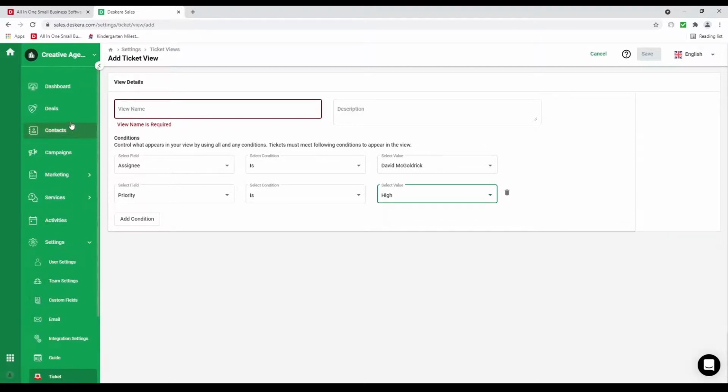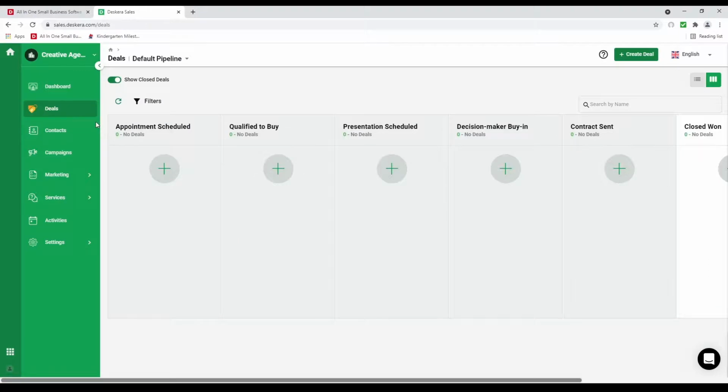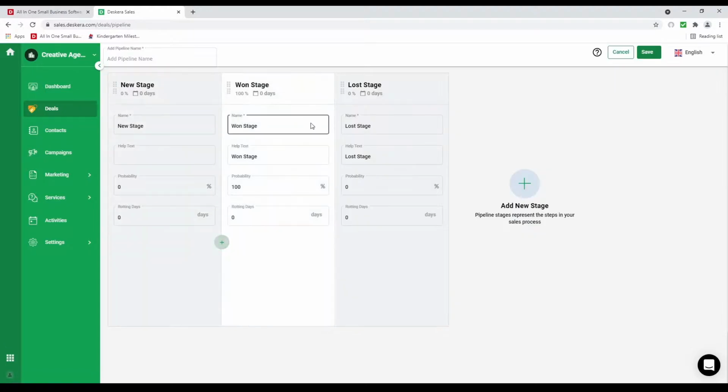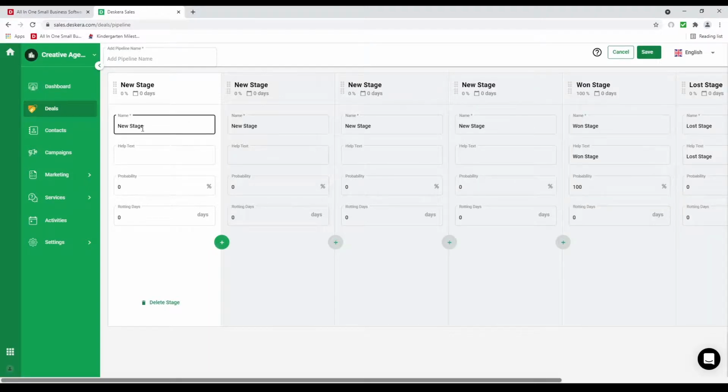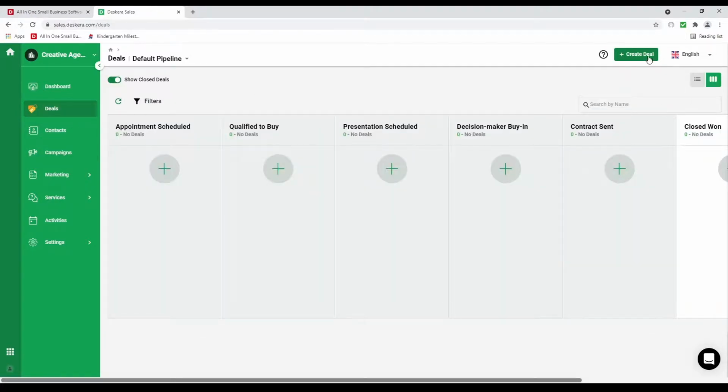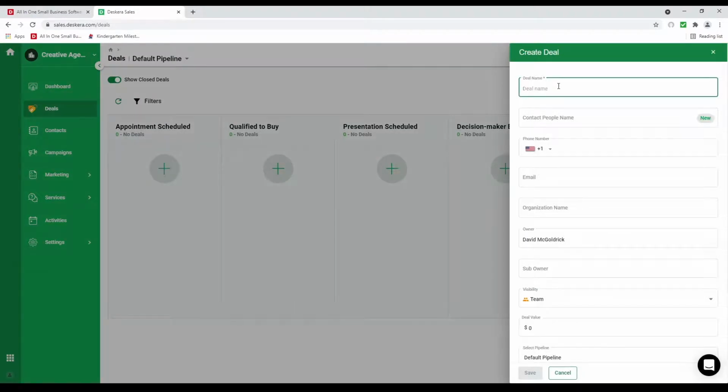Next, let's go to deals. Inside here, I can see all my different types of deals. If I click on default pipeline, I can add a pipeline. So, if I have my own pipeline and I want to set it up, I can set it up here. I can change the deal name, the help text, the probability, the rotting days for all this. And I can also click here to create a deal, or I can click on the plus sign to create a deal. So for example, let's say